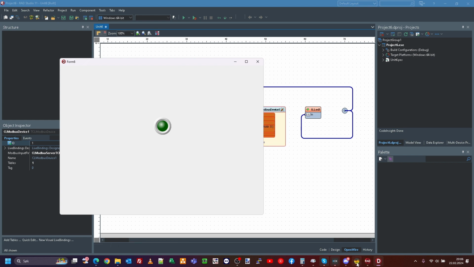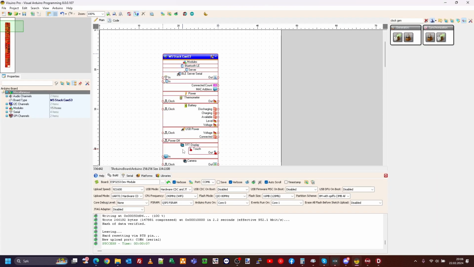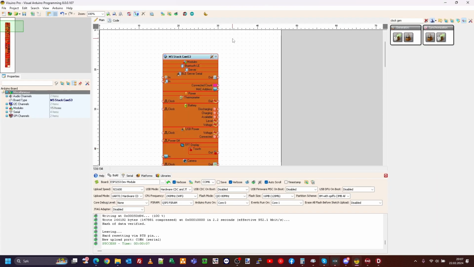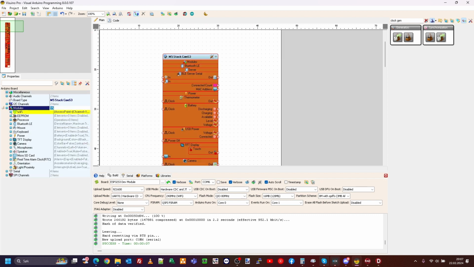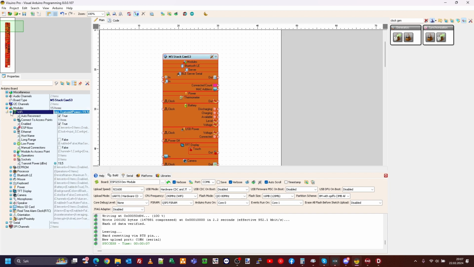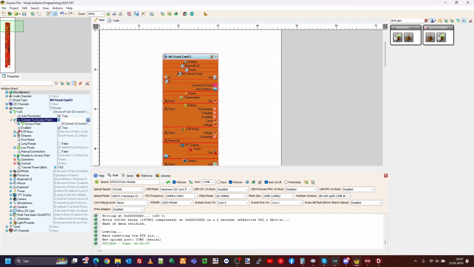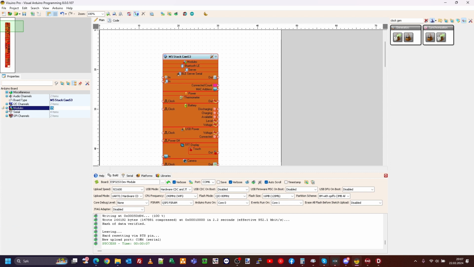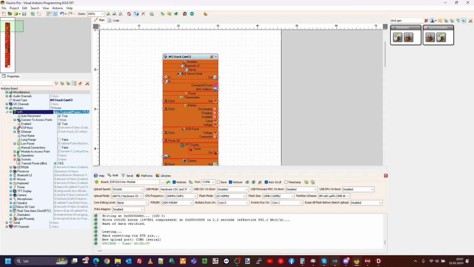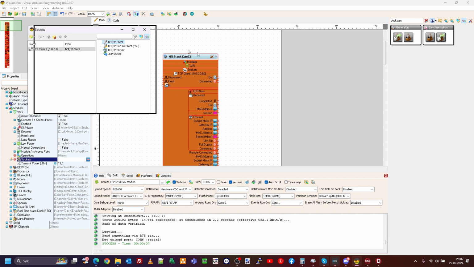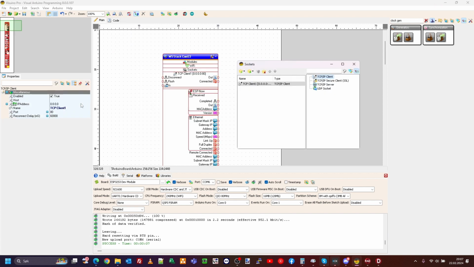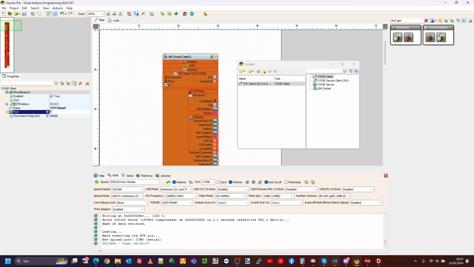So now we move over to the Visuino Pro, and we will show how easy it is to make this. I already made the Wi-Fi connection here, so we already have this access point. And for this Wi-Fi connection, we need to add a socket, client socket. This socket actually will connect to our Delphi program. So we select the port 502 here,